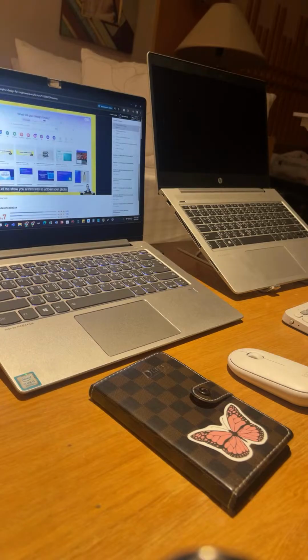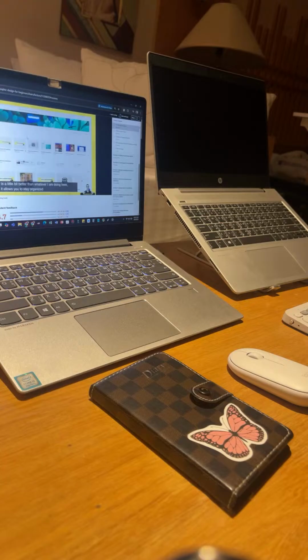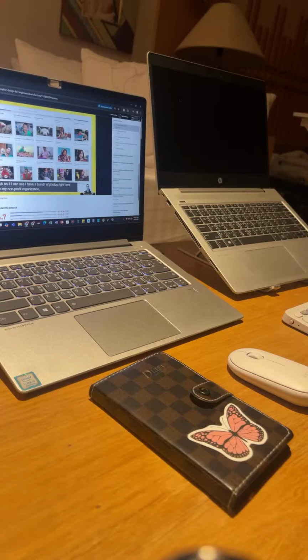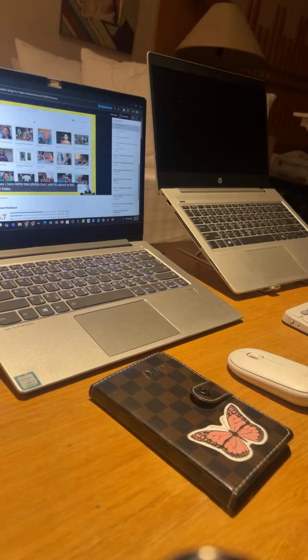Let me show you a third way to upload your photo. This way is a little bit better than whatever I am doing here, because it allows you to stay organized from the get-go. So I am here under my projects. Let's go to my folders. Here I have a folder called Fair Trade Photos. If I click on it, I can see I have a bunch of photos related to my non-profit organization, Fair Trade Connection, where these are photos of artisans and people we met while traveling with this NGO. So let's say I have some new photos that I want to upload to this particular folder, and I am an organized person, so I want